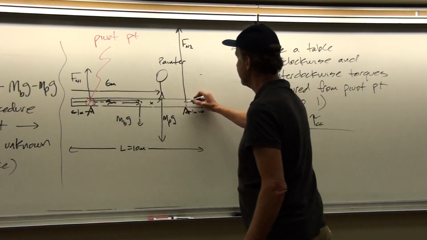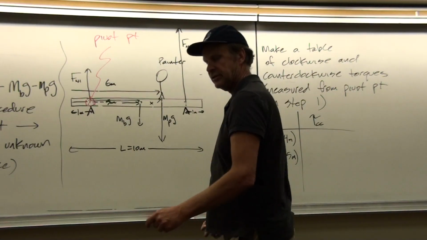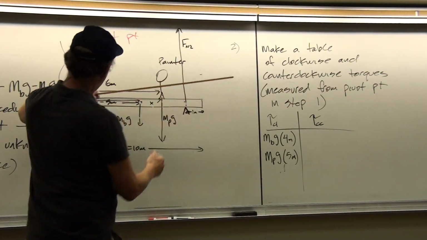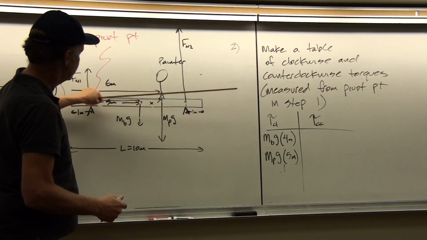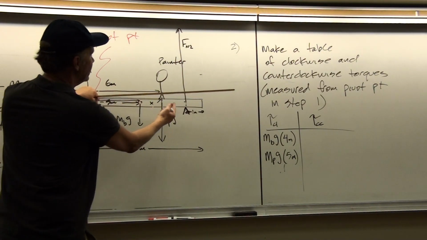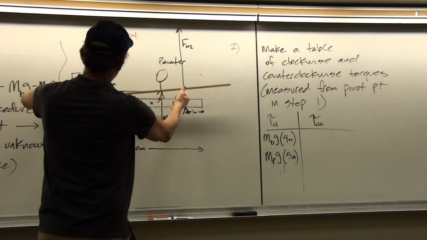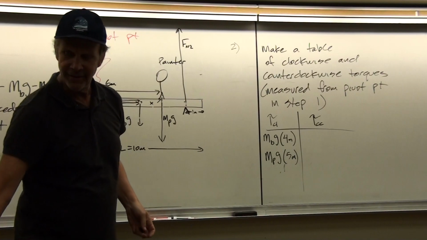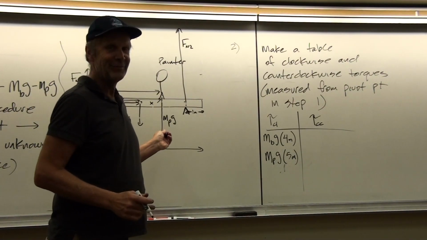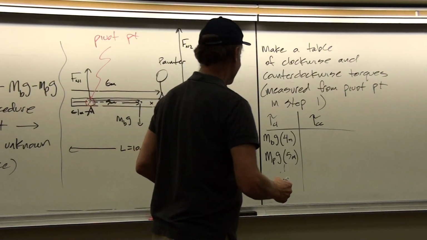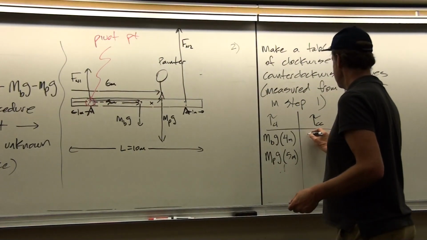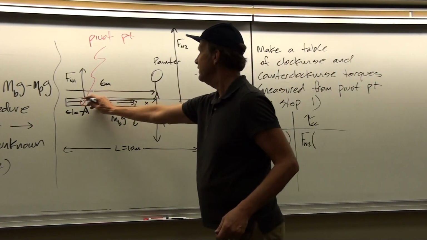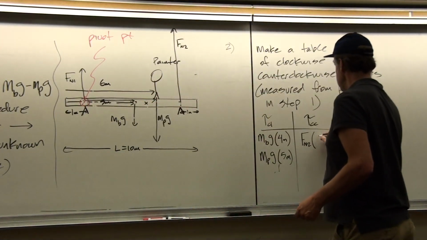And then the third force is going to act to make the system rotate counterclockwise about this chosen pivot point. So you do this again with your pencil. Just practice doing this as I'm doing it here, just to make sure you can do it. And you can rewind the video anytime you want. That's what's great about this new system. All right, so here we've got F normal 2 times this distance here, which would be 8 meters.